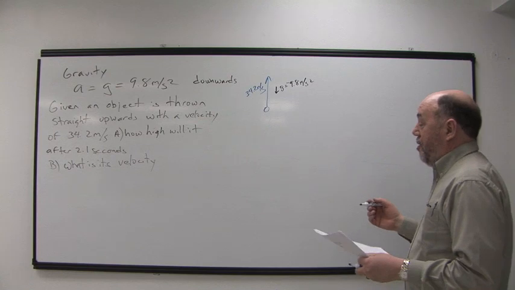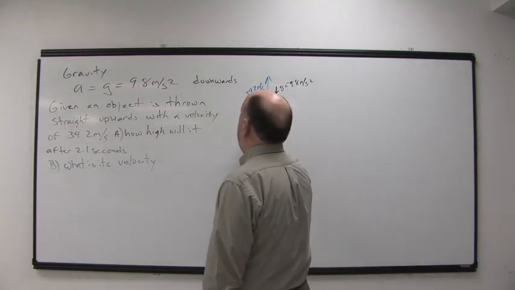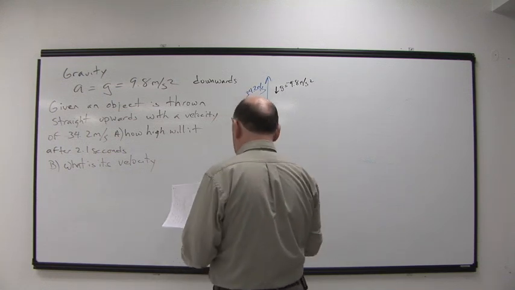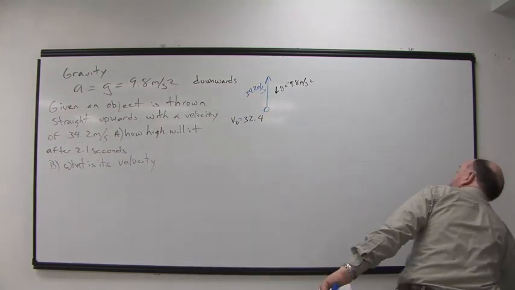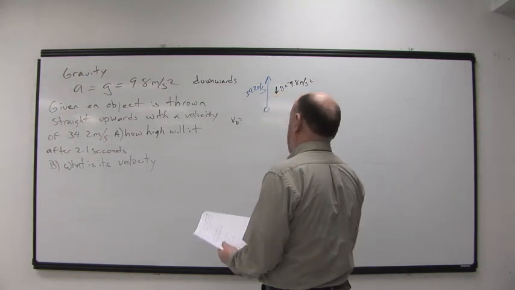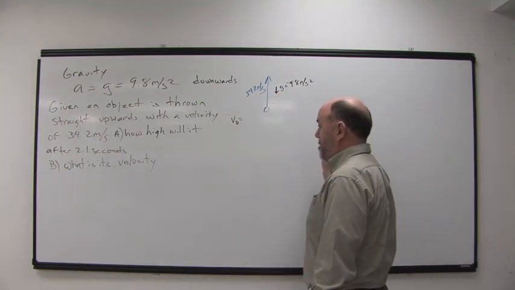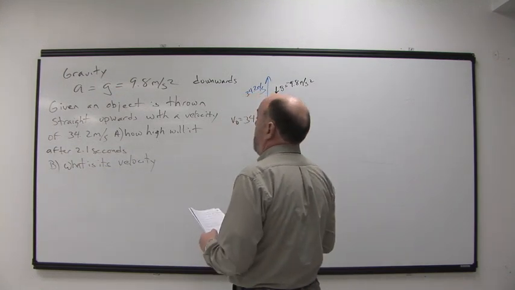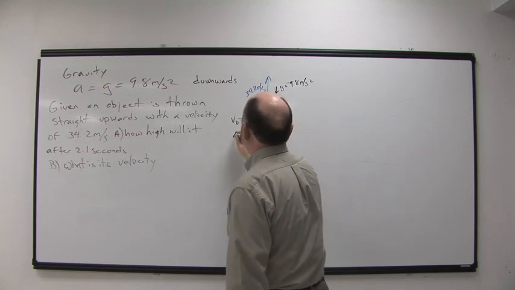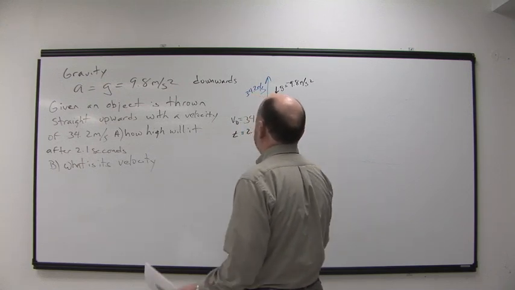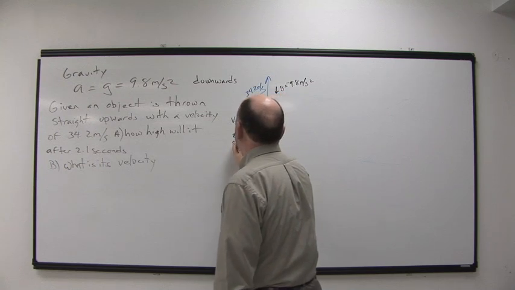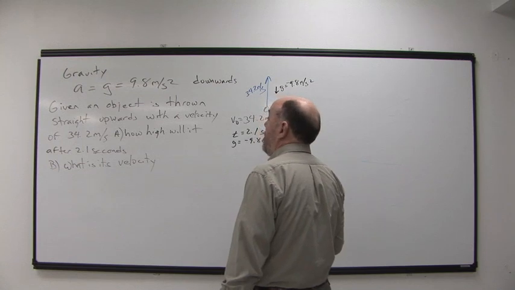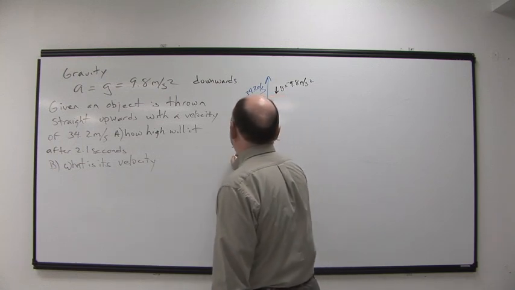Right? So, we know that V naught is 34.2 meters per second. And we know the t is 2.1 seconds. We know that gravity is pulling down at a rate of 9.8 meters per second squared. And we want to know in terms of